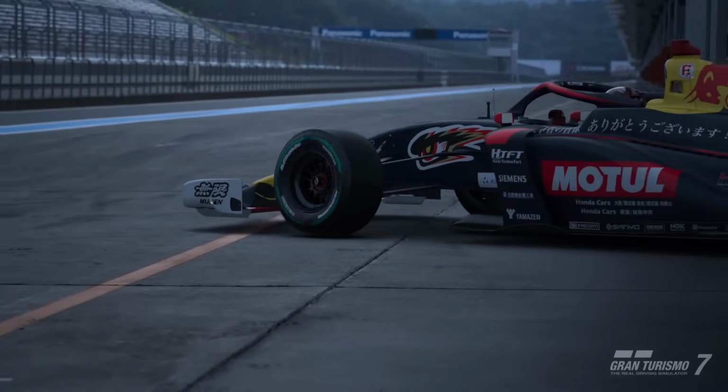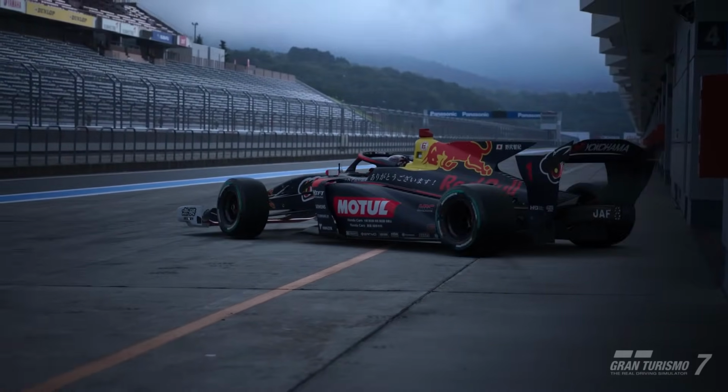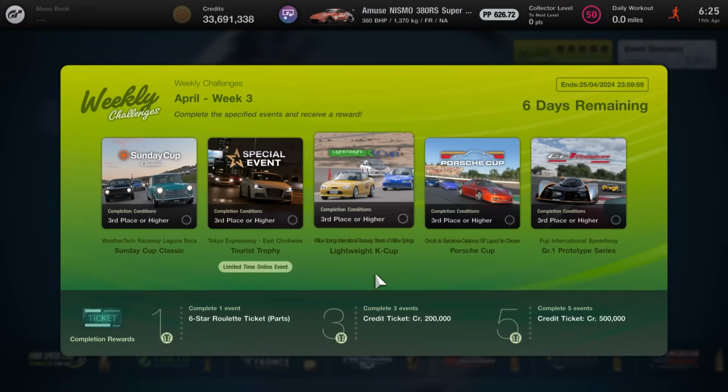So with that being said, let's head over and have a quick overview of all of the events and rewards that are on offer this week. As you can see this week, all of the rewards are listed at the bottom of the screen. So for one event it is going to be a 6-star roulette ticket parts ticket. For completing 3 events it's going to be 200,000 credits, and for completing all 5 events it is going to